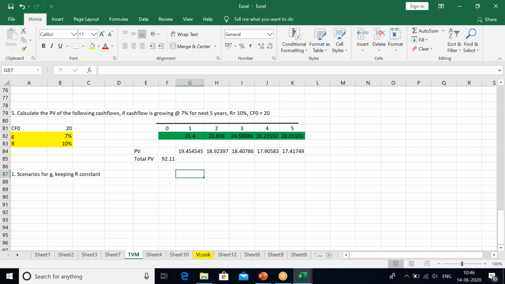So G क्या है 7%. हम इसको 6% करके देख लेते हैं, 5% करके देख लेते हैं, 8% करके देख लेते हैं, 9% करके देख लेते हैं और 10% कर देते हैं, ठीक है। और 7% के नीचे ओरिजिनल वैल्यू लिंक करनी है हमारे को।